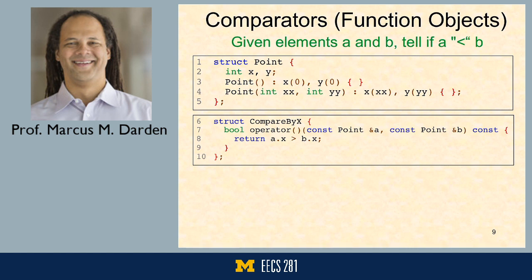It's now a functor. So in this case, I've got this publicly available operator parentheses, and you see that it's going to return a bool, and it also takes two objects. So this is a comparator. And it's going to return a.x, look at the x coordinate of a, is that greater than b.x? That's what we're looking at. So we've talked already about